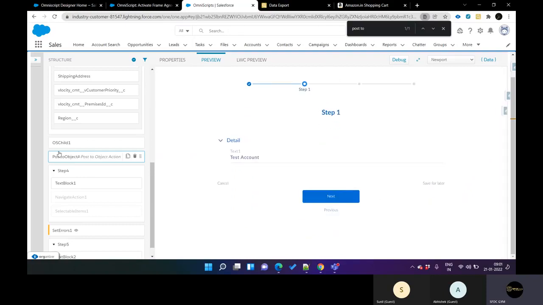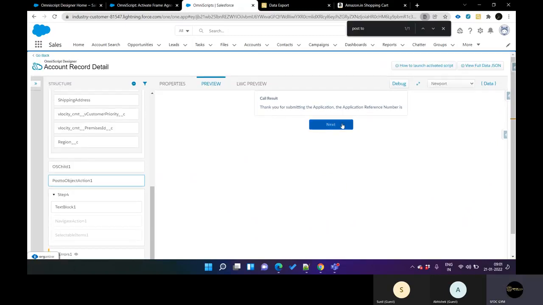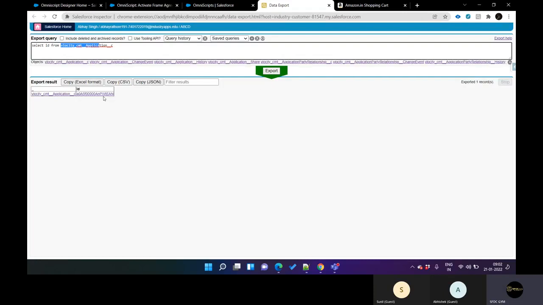After step 1, which is the OmniScript, our script gets called. You will see it takes some time to display the further steps. Now it will take us to the next step. The user needs to click next here, and then they will reach step 4. So in between these steps, what it does basically is cache the information, and it simply created a record under that. Now if you open this record,